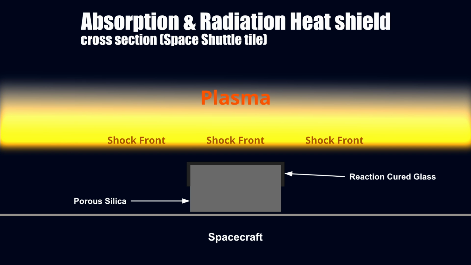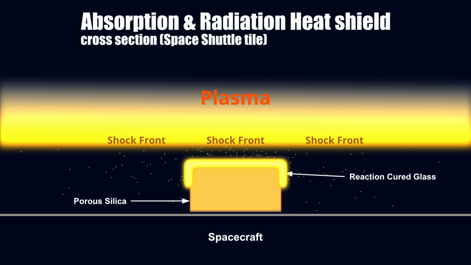In an absorption and radiation or thermal soak heat shield, as it's also called, the heat shield is designed to absorb but quickly radiate large amounts of heat and prevent the heat shield from transmitting the heat to the spacecraft behind it. Unlike an ablative heat shield, these thermal soaked heat shields are not consumed during entry or re-entry into an atmosphere. Using the surface provided by the heat shield can only slow us down to a point, since air